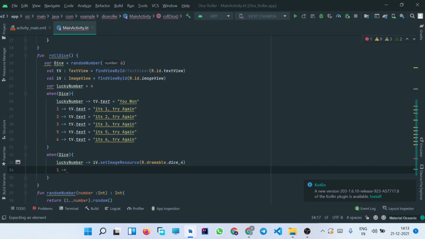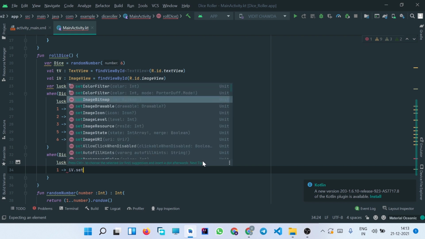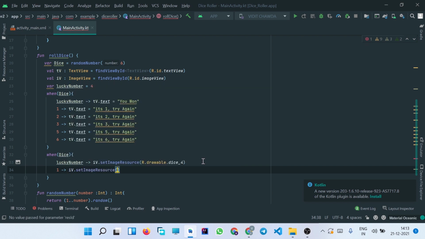So when the value of dice is equal to 1, iv dot setImageResource R dot drawable dot dice 1.